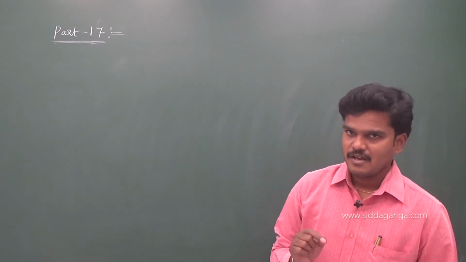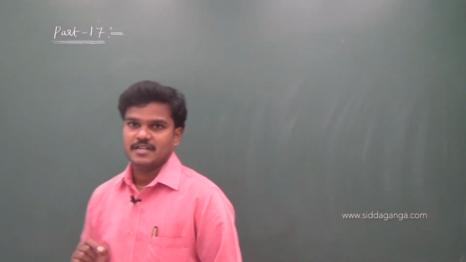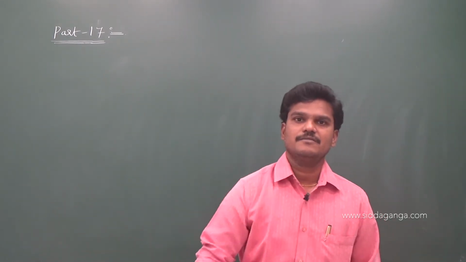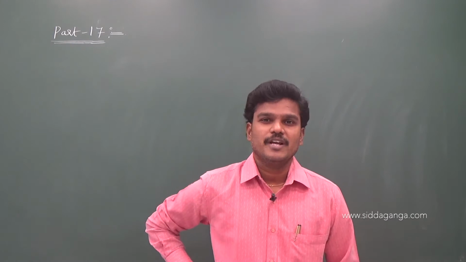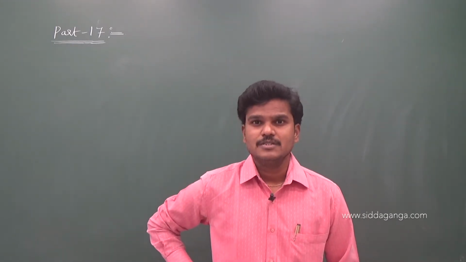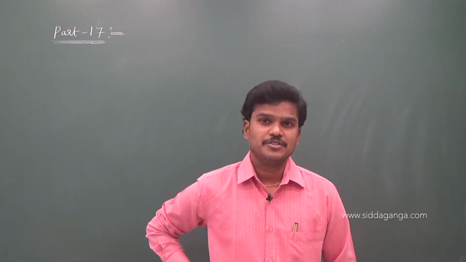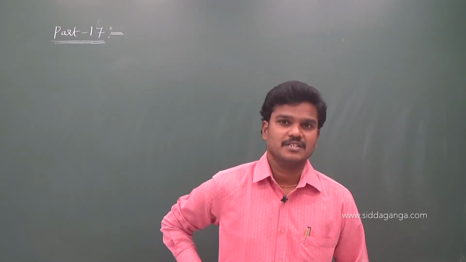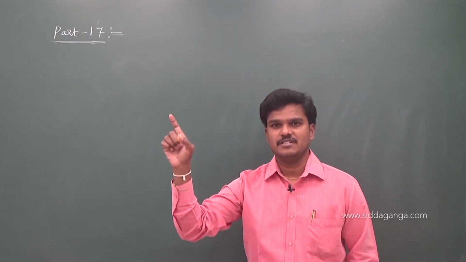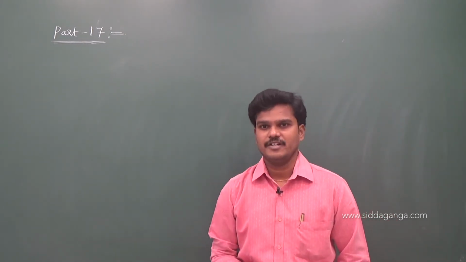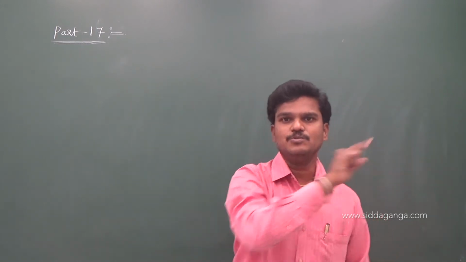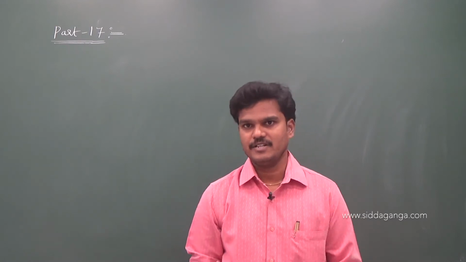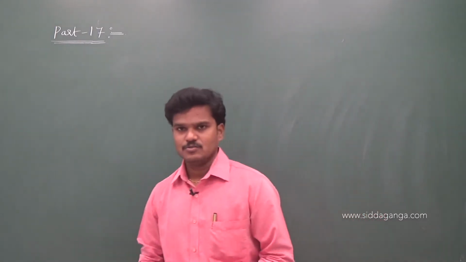And we know the perpendicular axis theorem. The perpendicular axis theorem states that the moment of inertia of a rigid body about any axis is equal to the sum of the moments of inertia of the same rigid body about two axes passing through the same point which are perpendicular to each other. So we get Iz is equal to Ix plus Iy. One axis is equivalent to the other two axes. I also solved one or two basic questions.